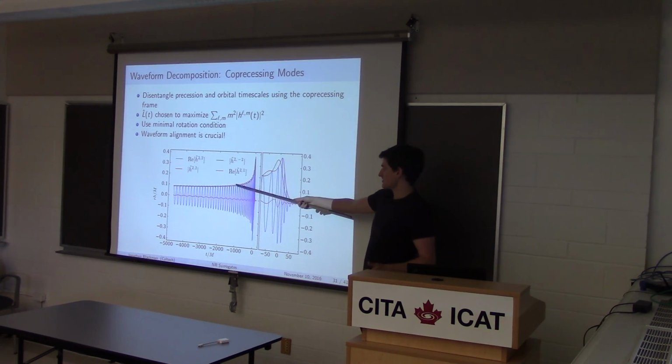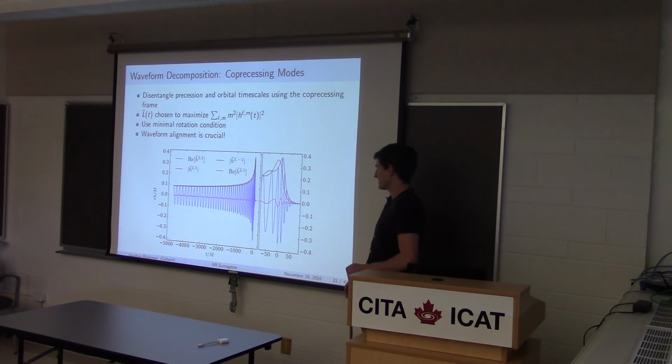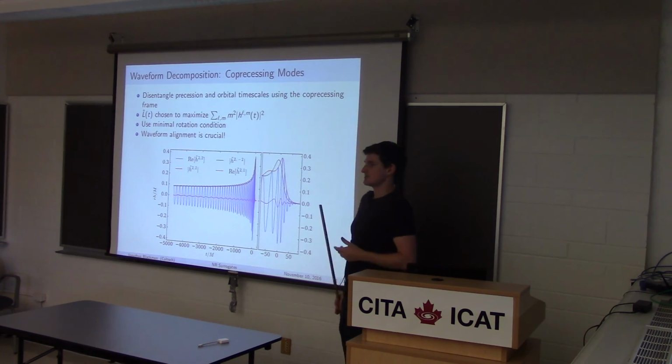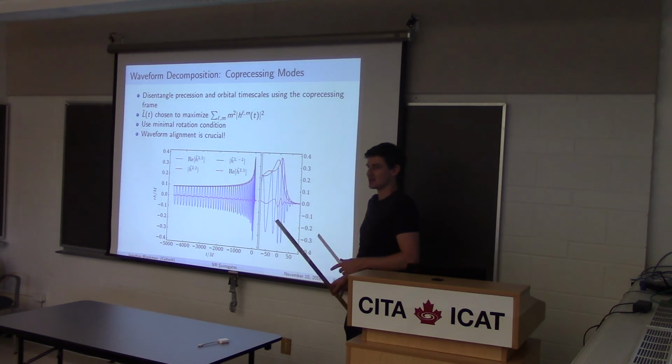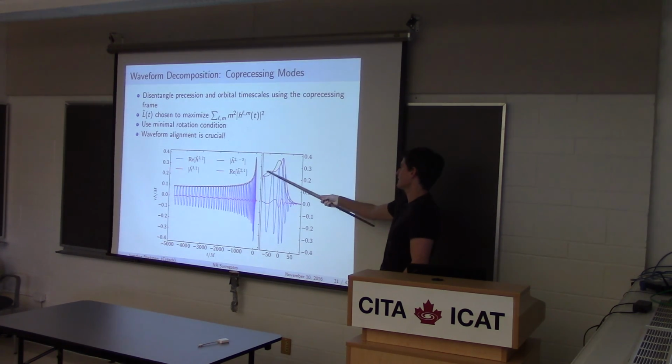And this is maybe small during the in-spiral, but at merger, the difference between the black and the red curves becomes quite significant. So we want to model this behavior, but again, we don't want to have to model these oscillatory pieces. So what we do instead is we look at the symmetric and anti-symmetric components of the black and the red curve. So if you take the average of the black and the red curve, you get something that's very smooth and looks like a nice smooth amplitude that through merger is